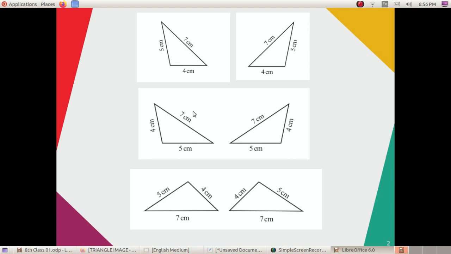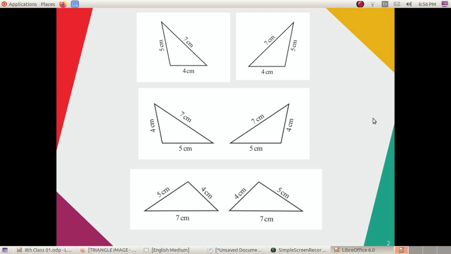But what about angles? As you can see, all these 6 triangles are obtained by rotating and flipping the first triangle, right? So they must have the same angles. If you draw all these triangles on a piece of paper and cut them out and put each triangle on top of the other, you can see that all these triangles have the same shape and angles. That is, even though these triangles seem different, they have the same sides and the same angles.